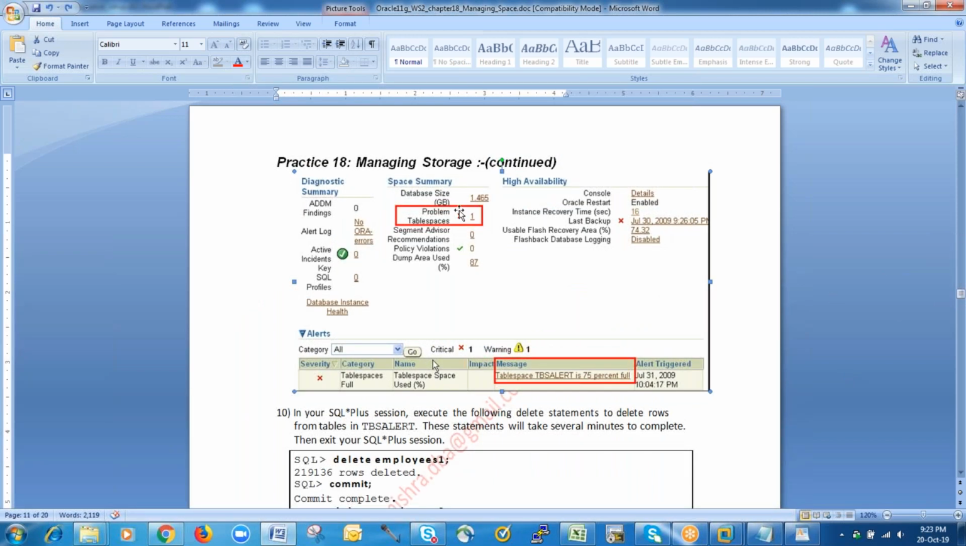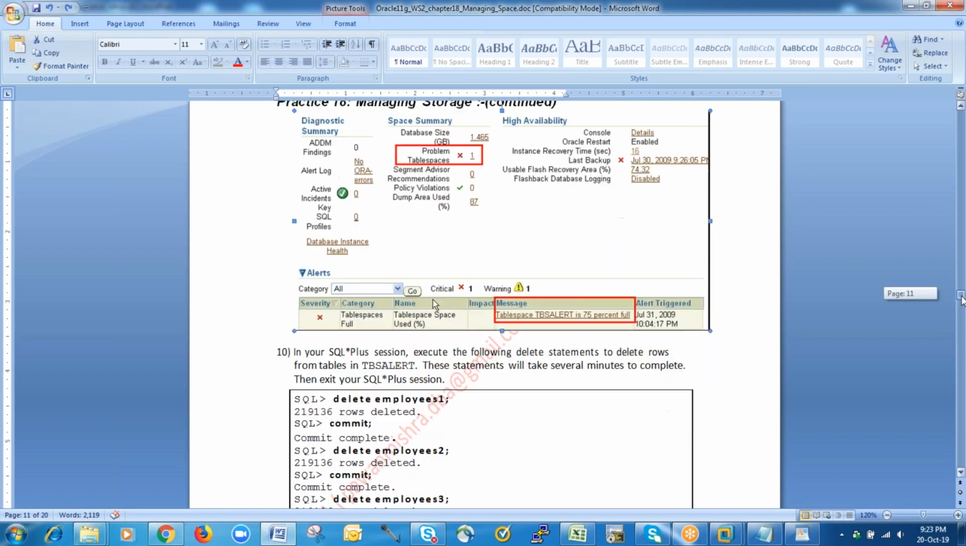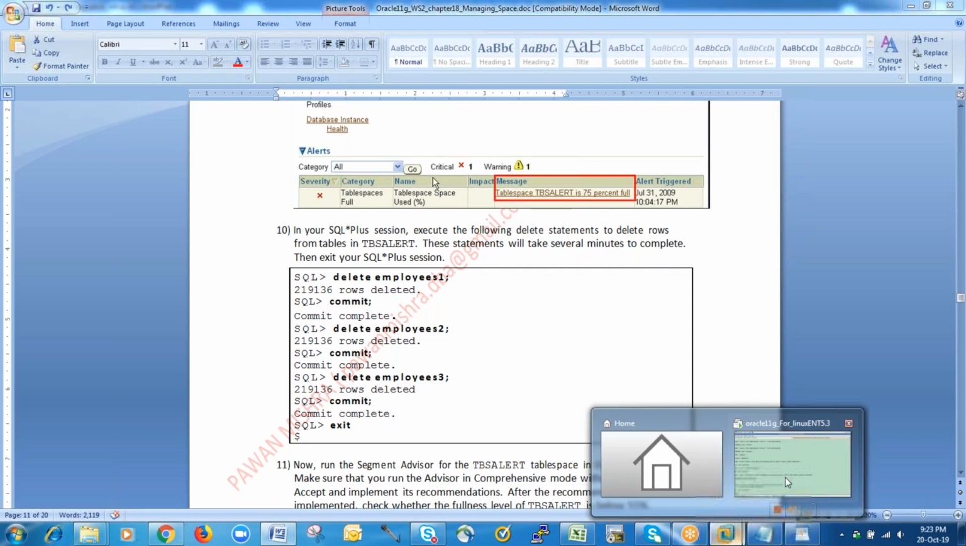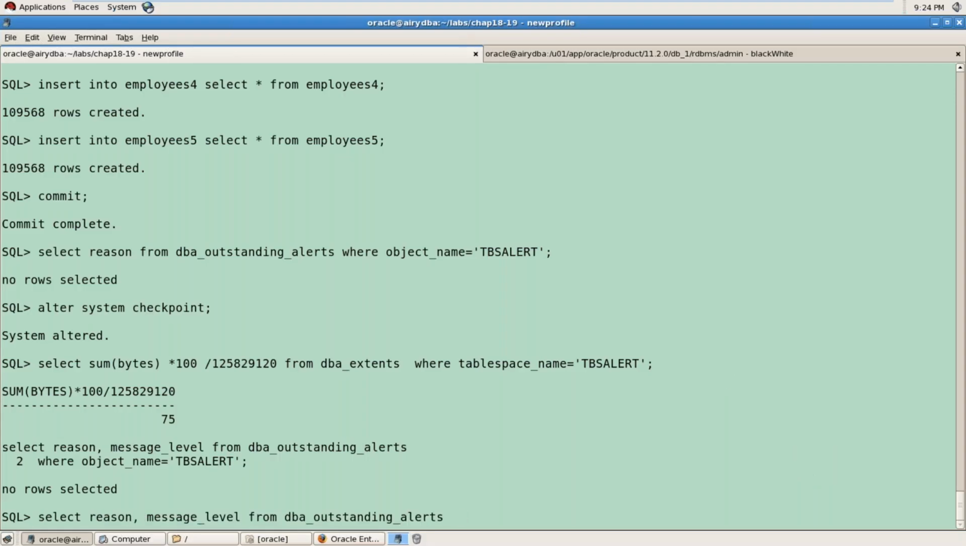Problem tablespace. And once you check that, you will get this message. If you click this, then you will get this alert message: your tablespace is 75% full, right? So here it will come after some time because